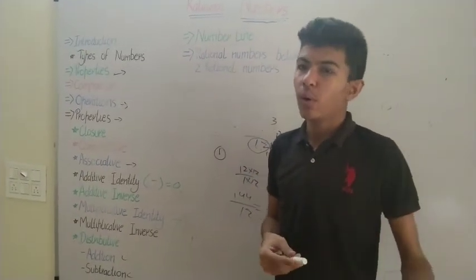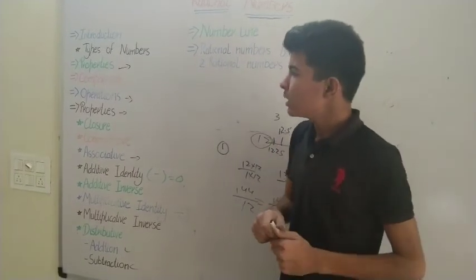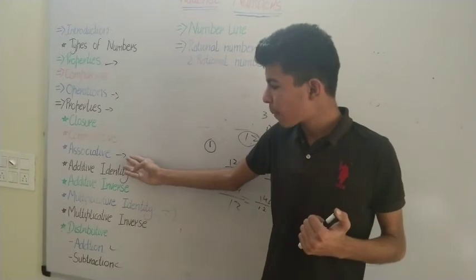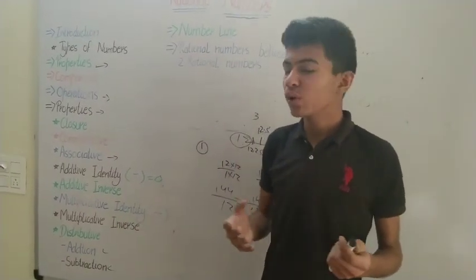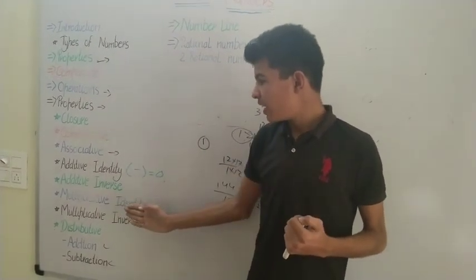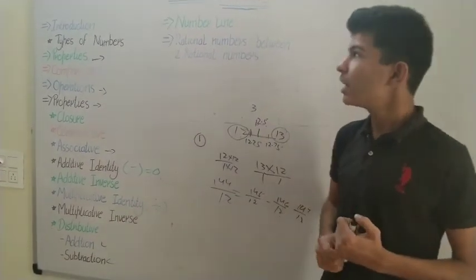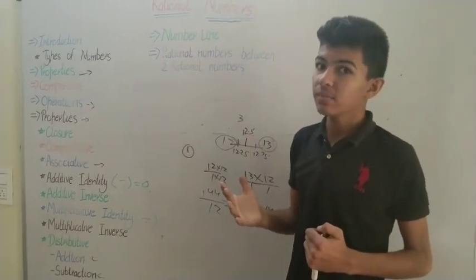And then we learned about the properties they follow: closure, commutative, associative and distributive properties. We also learned a few more terms: additive identity, additive inverse, multiplicative identity and multiplicative inverse. Then we learned how to place rational numbers on a number line,